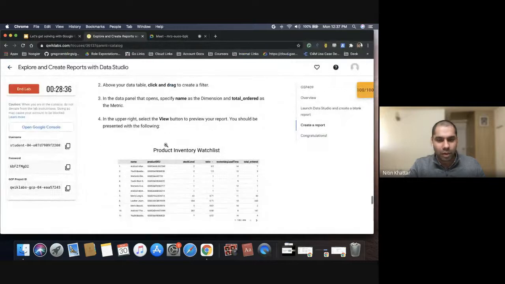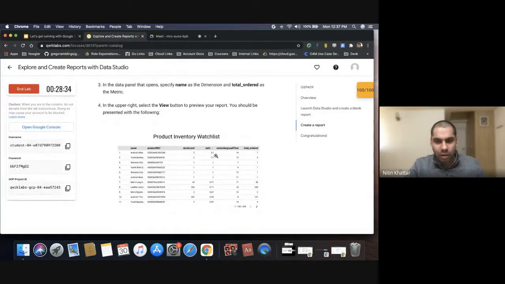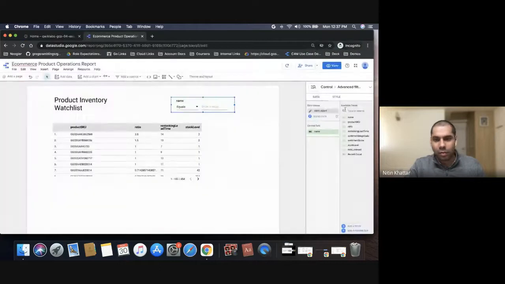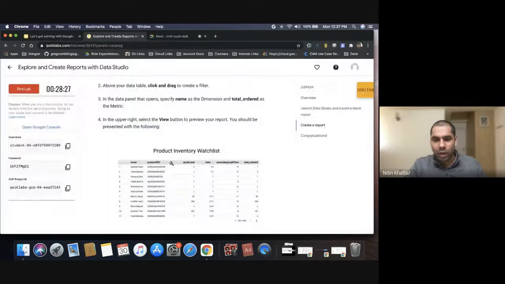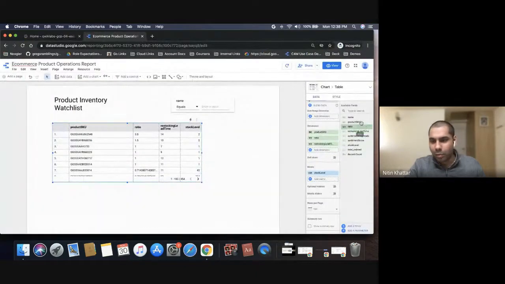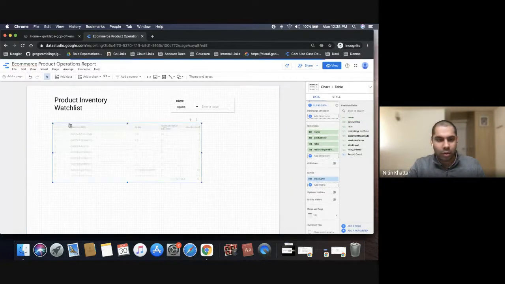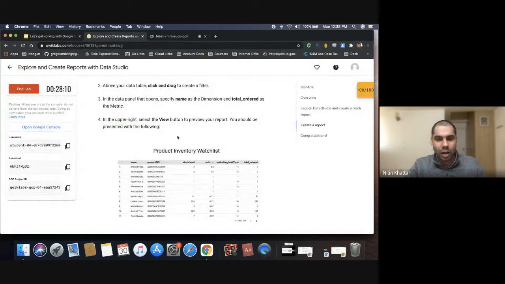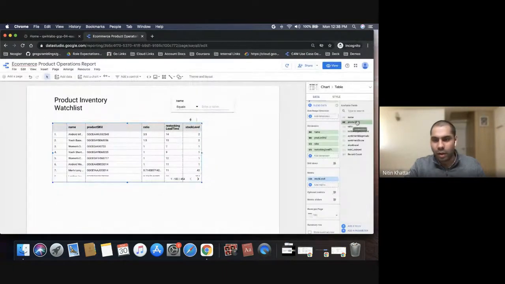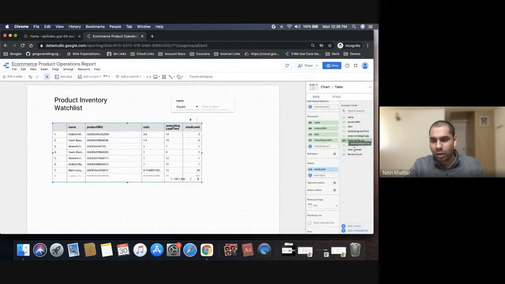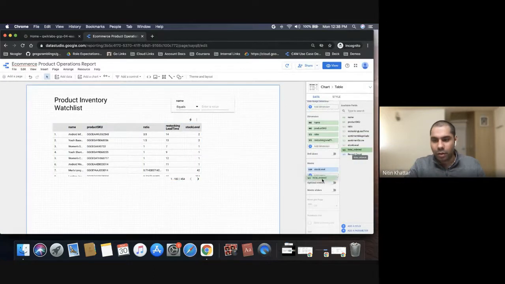On the other different things. So if you look at here, this is how it is looking. So if you go back to the table, we can add a dimension called name, as a dimension apart from the product SKU. We can add it here on the top. You will see a name appearing, right? And then total ordered as the metric, another metric. So we are going to add total ordered.